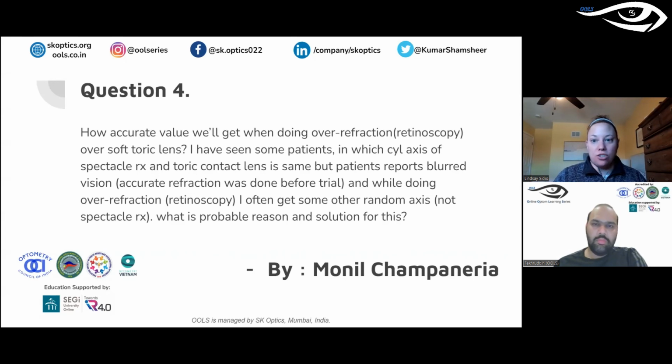It could be your refraction is off. It could be the lens isn't stable. It could be, let's say you send them home with the lens, they come back, they're now adapted to some of that cyl. They're now taking more. The lens is not stable. There's lots of reasons. But if you need it, only if you need it, you just do that cross cylinder